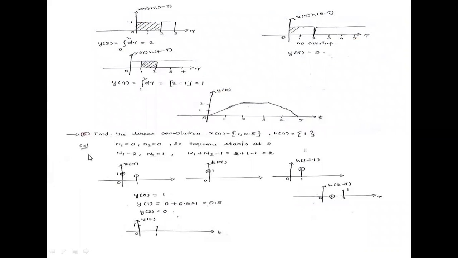The first example: find the linear convolution, where x of n is equal to 1, 0, 5 and h of n is equal to 1. Without any arrow marks given in the sequence, the first value is at n equal to 0, and here also the first value is at n equal to 0. So how many values will we get for y of n, the convolution of x of n